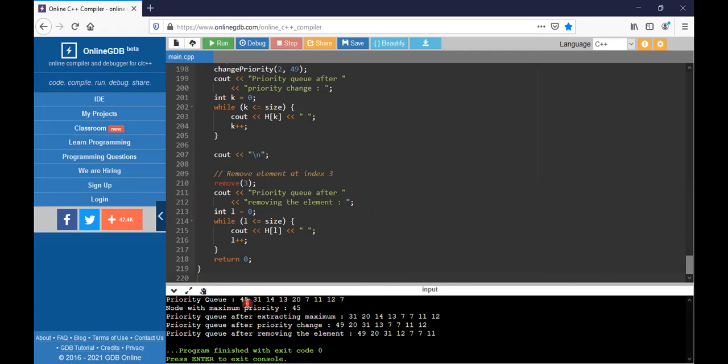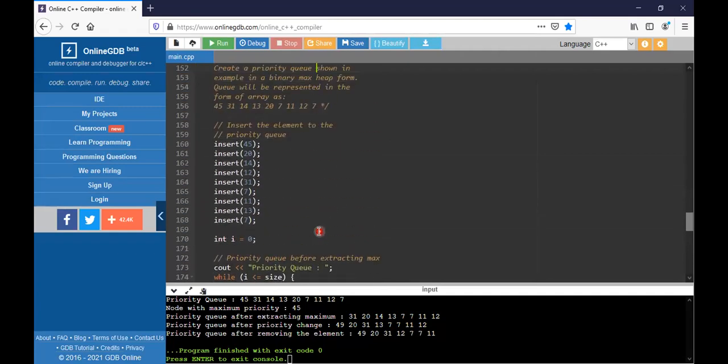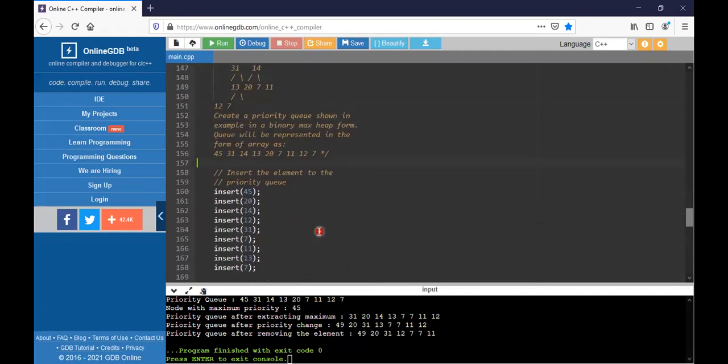So I inserted the elements in such an order. They are not in ascending or descending order, they are just inserted here. But the highest priority element here is 45. So here the maximum element we are using will be specified as a maximum.